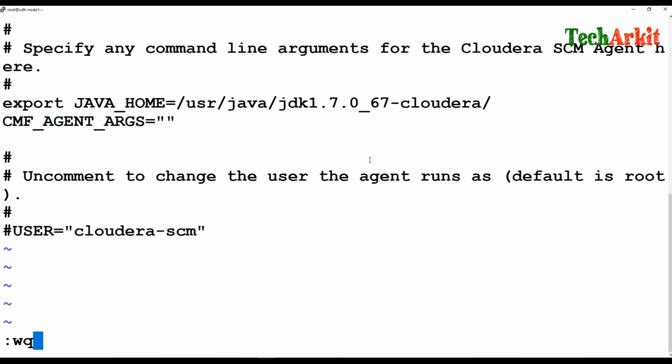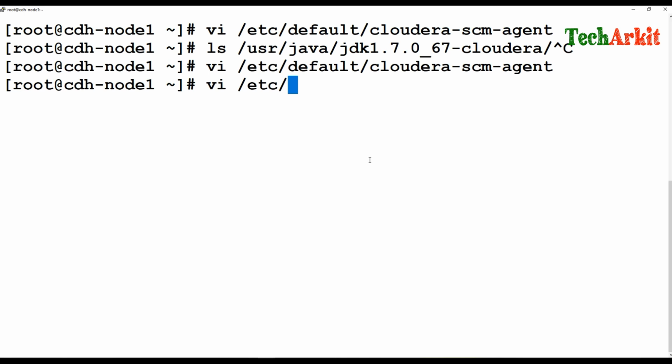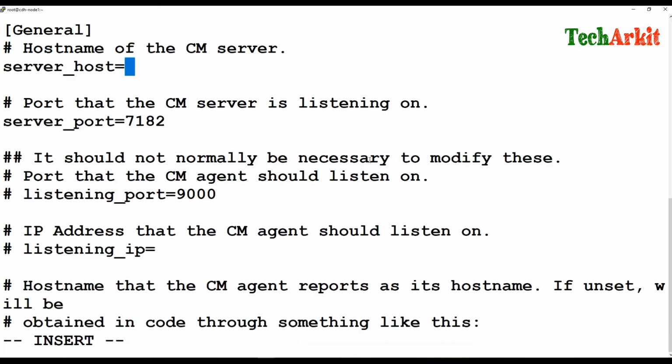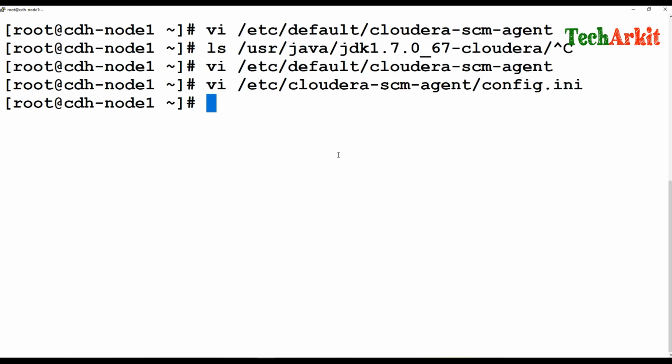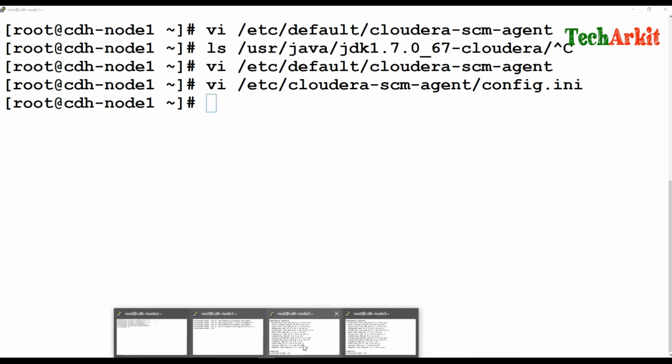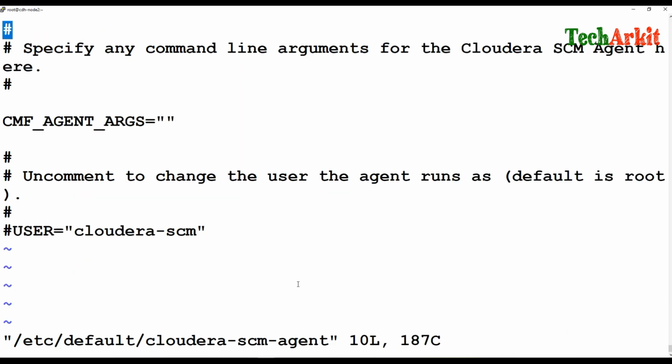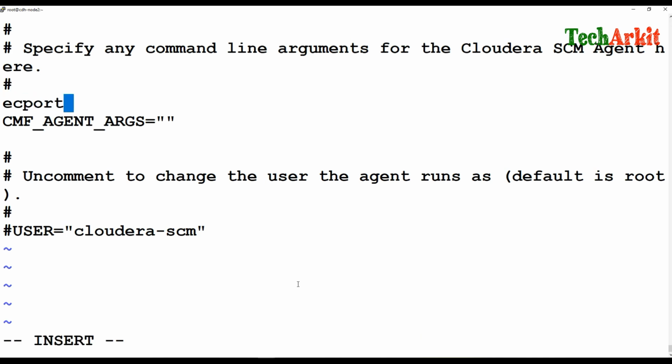Okay, now edit one more configuration file, the /etc/cloudera-scm-agent/config.ini file. In this, specify the master server name. Okay, cdh master dot local. So in all the hosts we have to do this configuration. Okay, node 1 is done, and on node 2 we have to add /etc/default/cloudera-scm-agent. Here you have to add export that path,